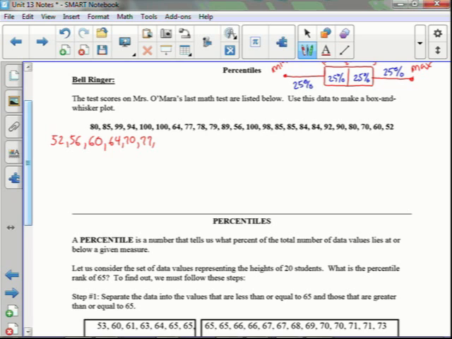I already did this, but as you're doing it, you want to pay careful attention as you go, so you make sure that you get all of them. I can't write too big or I'm going to run out of room on the other side. So we got 1, 2, 3 85s, and then we have 89,